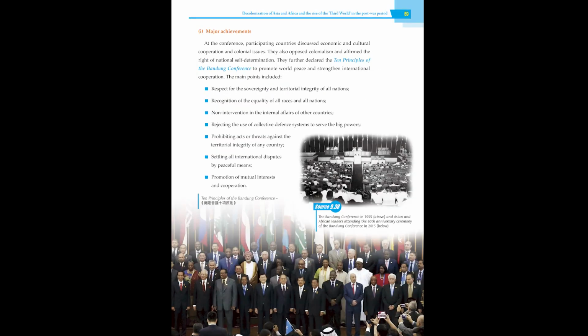1. Major achievements. At the conference, participating countries discussed economic and cultural cooperation and colonial issues. They also opposed colonialism and affirmed the right of national self-determination. They further declared the 10 principles of the Bandung Conference to promote world peace and strengthen international cooperation. The main points included respect for the sovereignty and territorial integrity of all nations, recognition of the equality of all races and all nations,